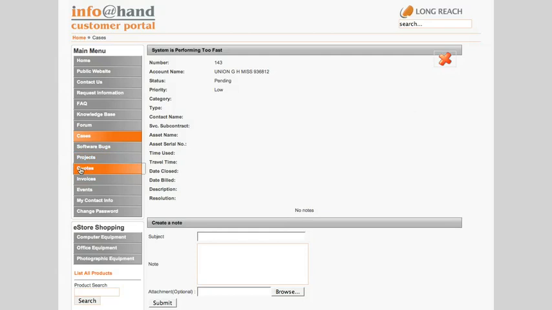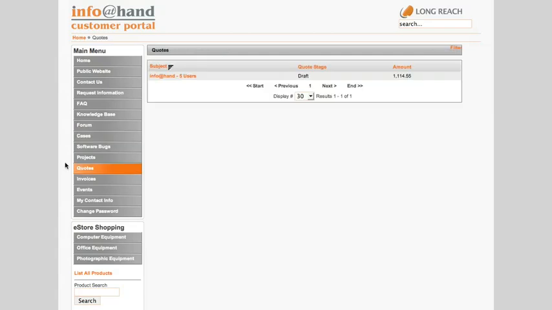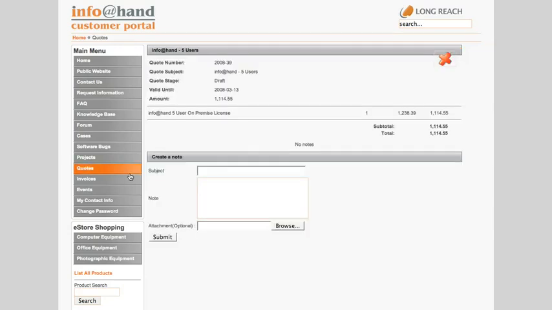There's also project collaboration in the system where customers can view shared documents, upload new shared documents, and so on. See the contact information for employees assigned to the projects and so on. Here we see the ability to look at the latest customer quotations that have been generated for them. And similarly here, we can look at our recent invoice history